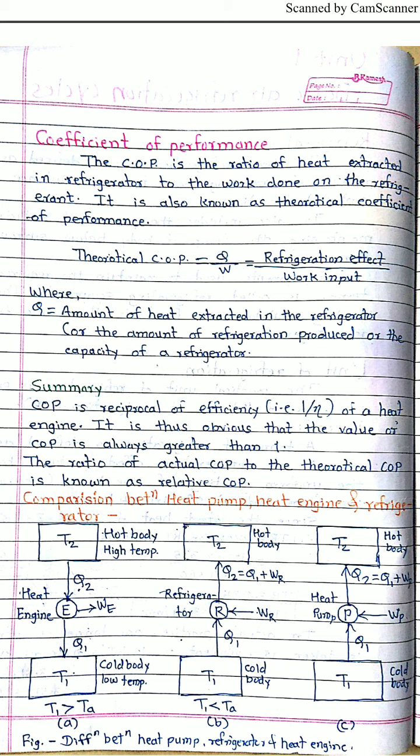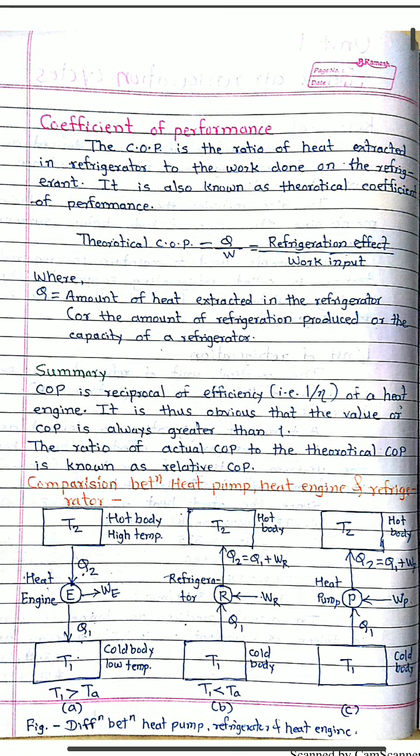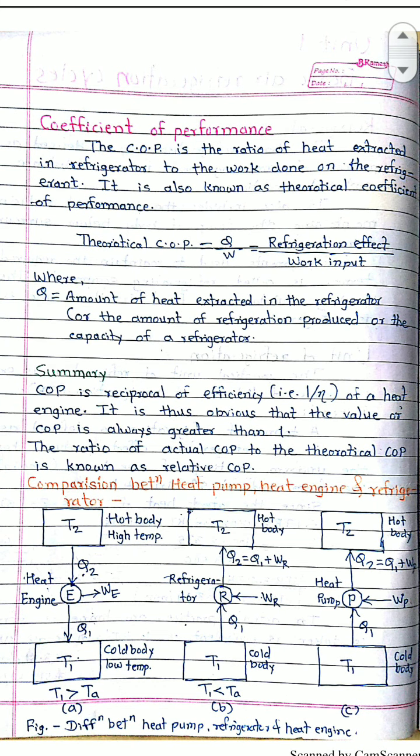Now you know that refrigerating equipments are not self-acting equipments. You have to provide the input. Take the example of your domestic refrigerator. You are supplying electricity to the refrigerator, and then the cooling effect is produced. So the coefficient of performance is similar: output divided by input. What is the output of your refrigerator? Cooling effect. And what is the input to the refrigerator? Electricity.